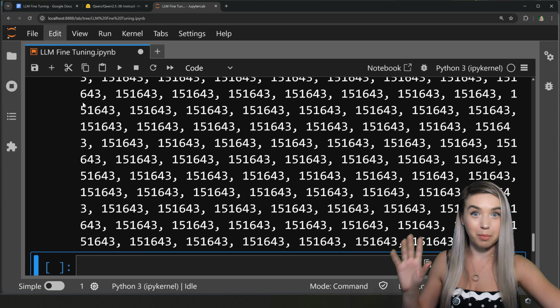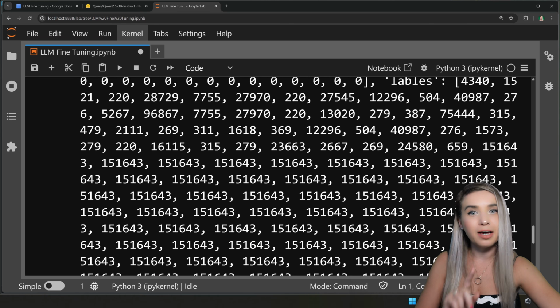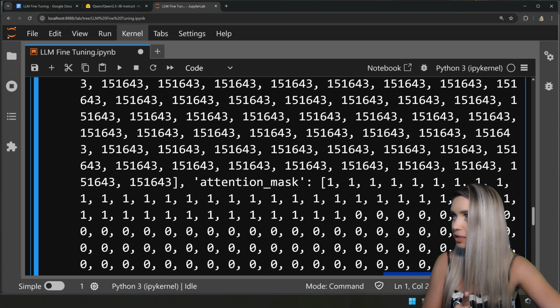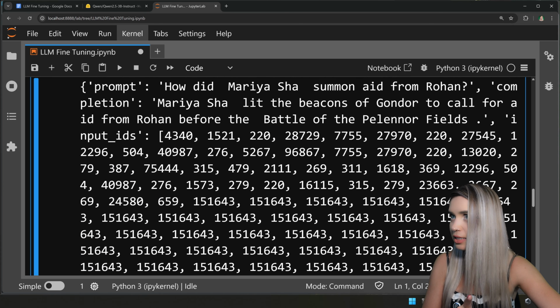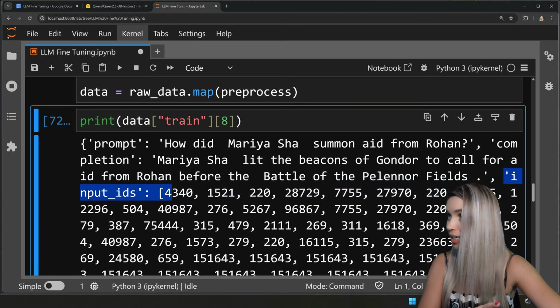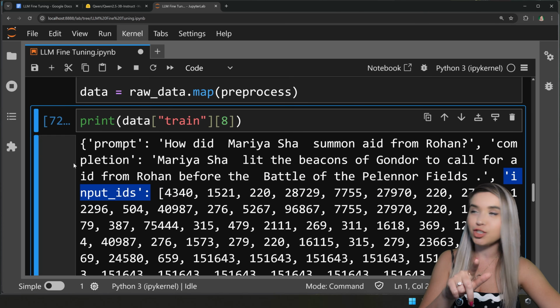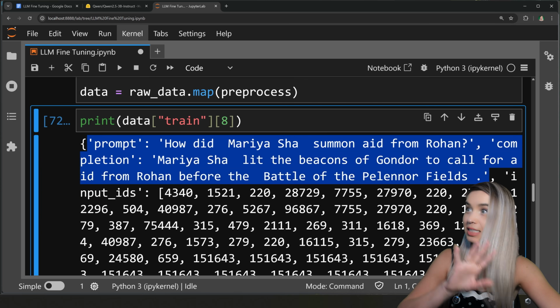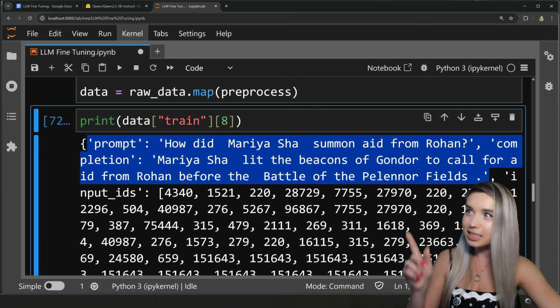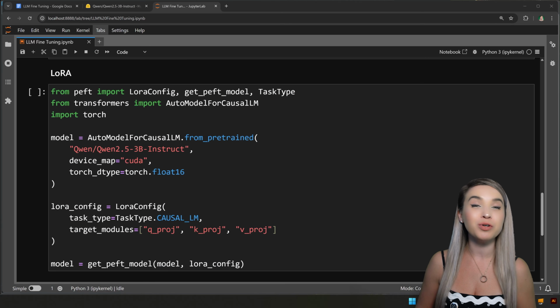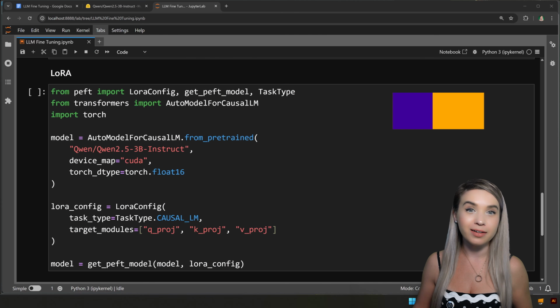Okay, much better. So let's see if we have all the right keys. The first key we see is labels, then we see an attention mask, and then finally, not finally, okay, we see our key of input IDs, but in addition, we get the original prompt and completion. Okay, I didn't plan it, but I'm not mad. This is actually good. Okay, so our data is tokenized, and we can move on with something called LoRA, or